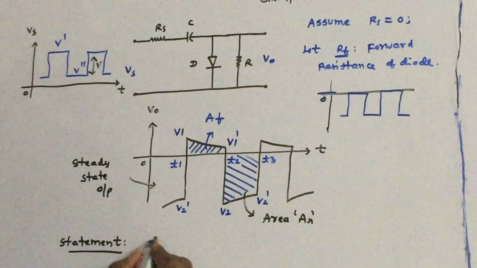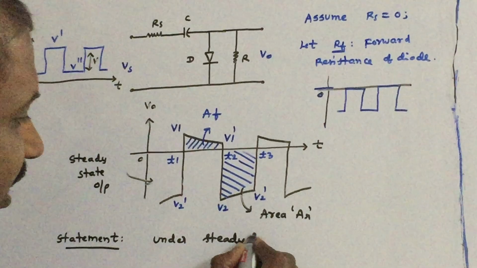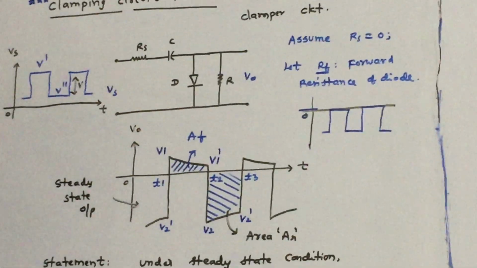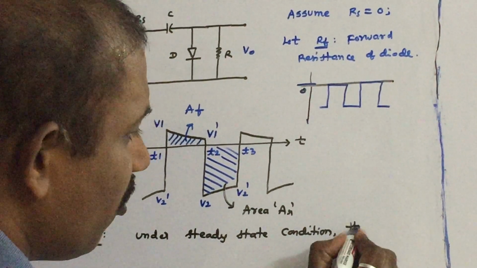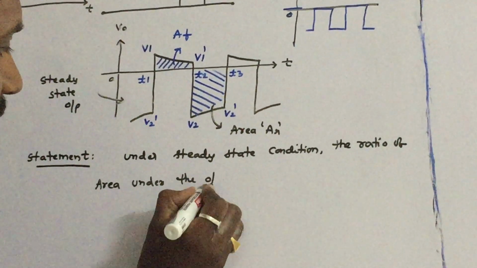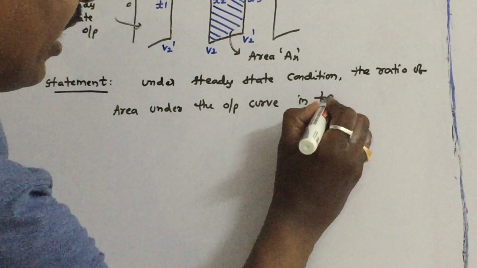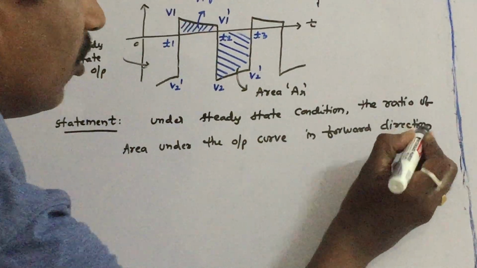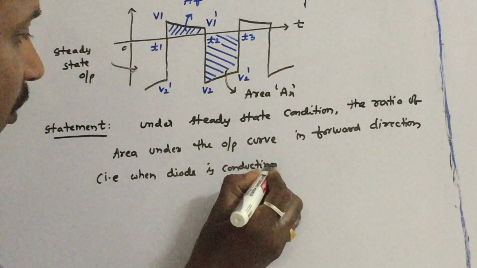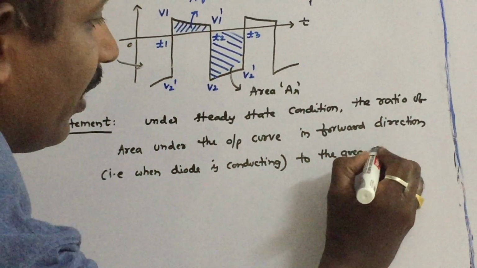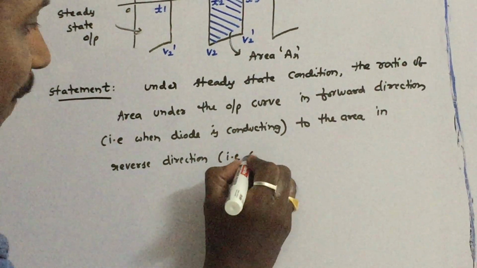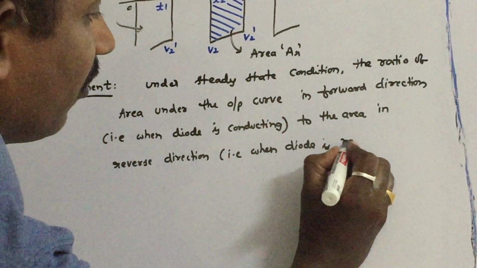Under steady state condition, that is, when the output has settled down to these values, the ratio of the area under the output curve in the forward direction, that is when the diode is conducting, to the area in the reverse direction, that is when the diode is not conducting,